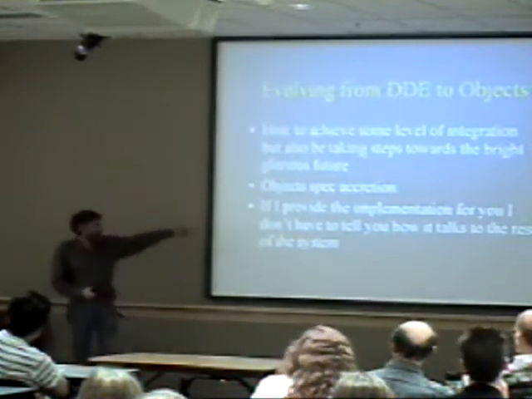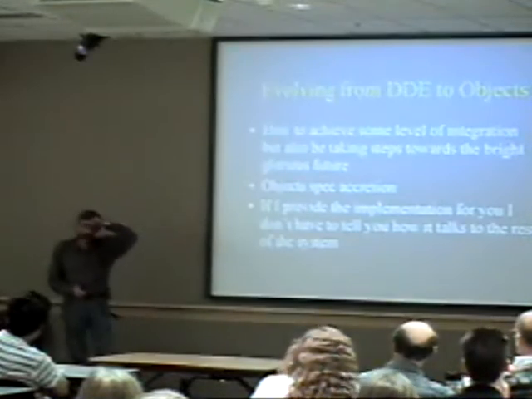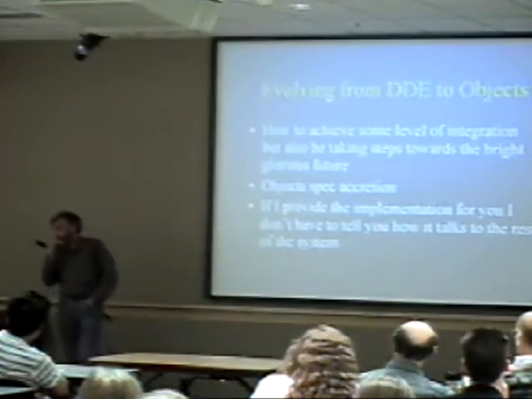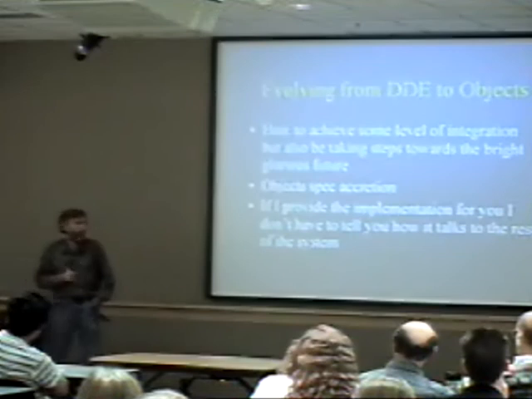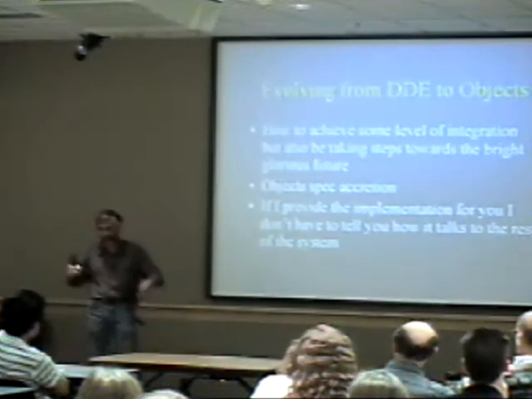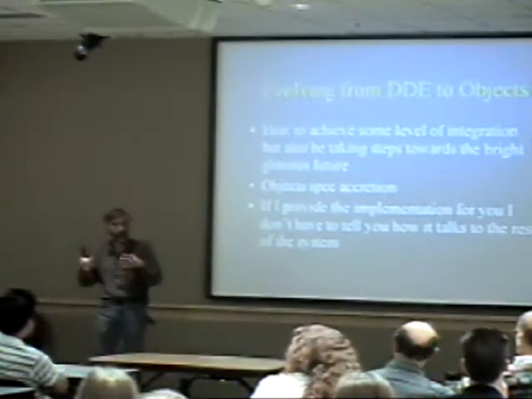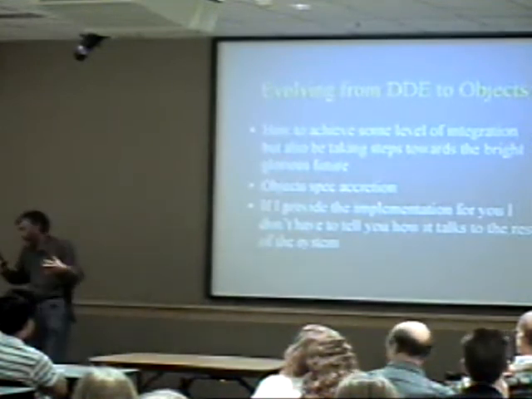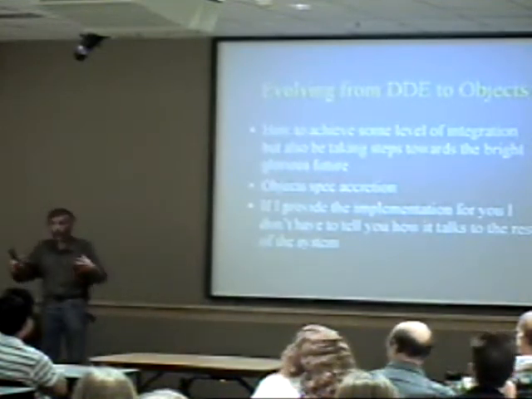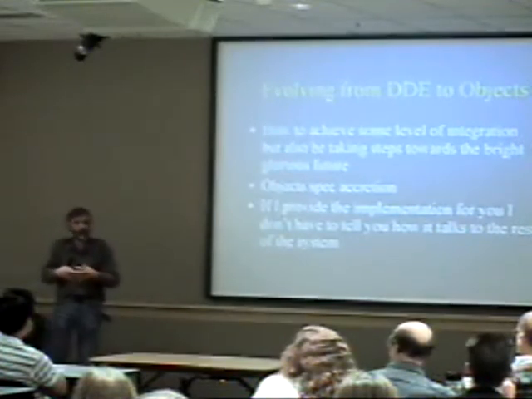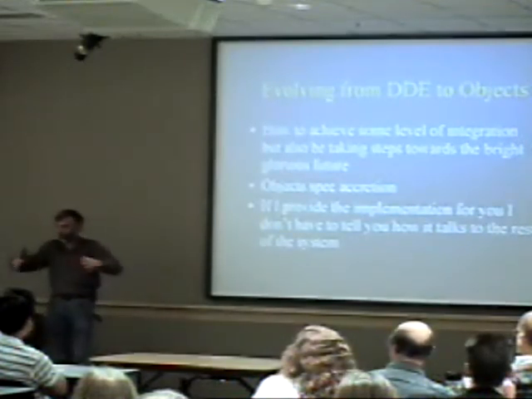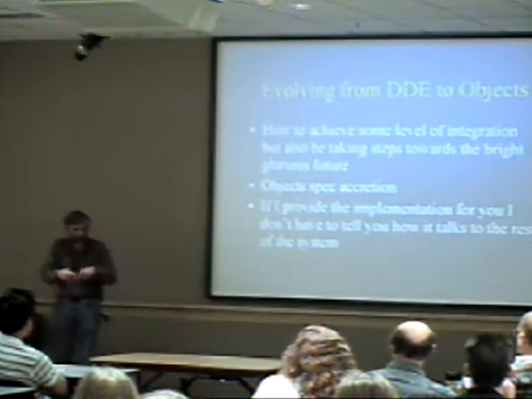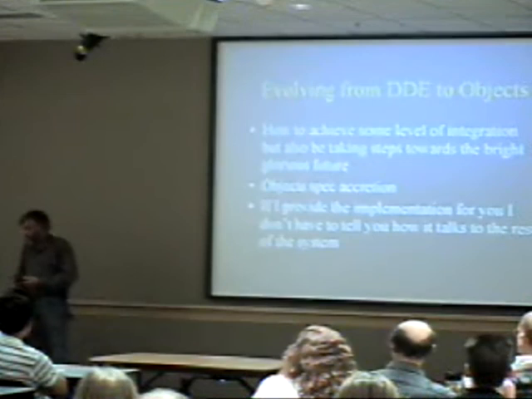But I observed that this was an attempt, or rather a response, to try and make the problem go away. The problem that's hard is how to specify the interactions between these independently developed things, and do so precisely. And the response this team was giving me was to say, well, we'll provide the implementation, so then we don't have to tell you about how they interact. And so you suck all this stuff into your control, and then you don't have to describe how it works internally. You only have to talk about how you customize it. But it doesn't solve the problem.